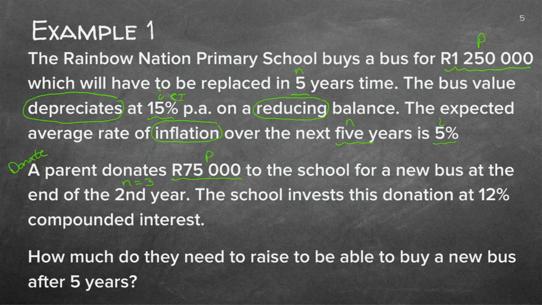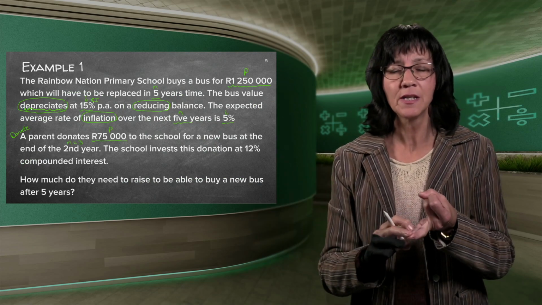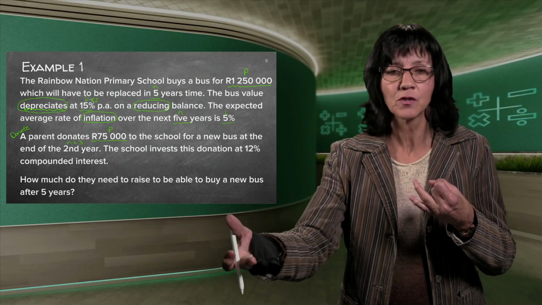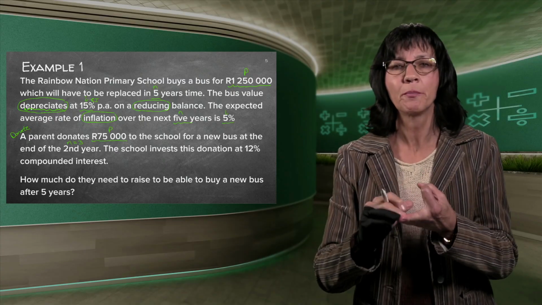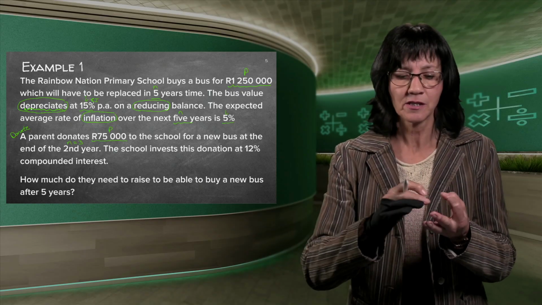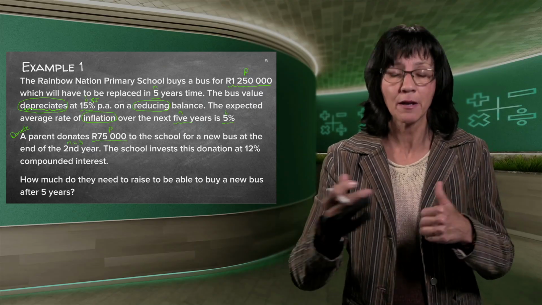They need to know this vehicle, what it's going to be worth at the end of 5 years by the reducing depreciation formula. And then we're going to use the inflation formula. Remember, inflation means you're going to pay more and more and more over the next 5 years to see what a new car is going to, or a new bus is going to cost at the end of those 5 years. And then they say now there's also parents that's doing a little investment, but they only start at the end of the second year. So to get to the end of the 5 years, they only have it in the bank for 3 years.